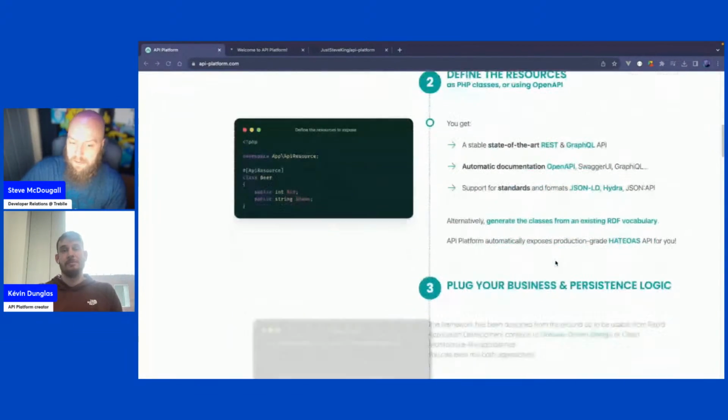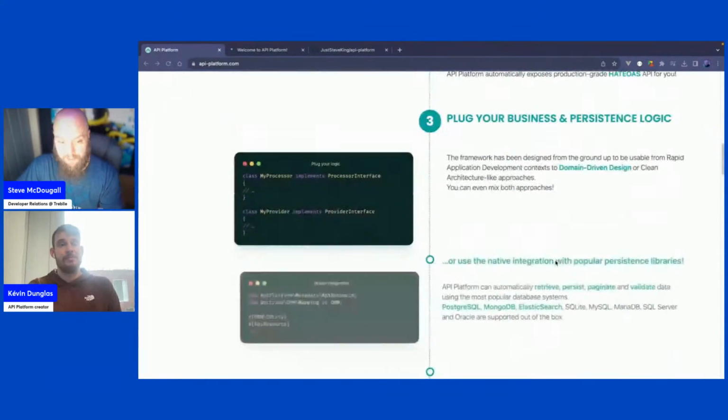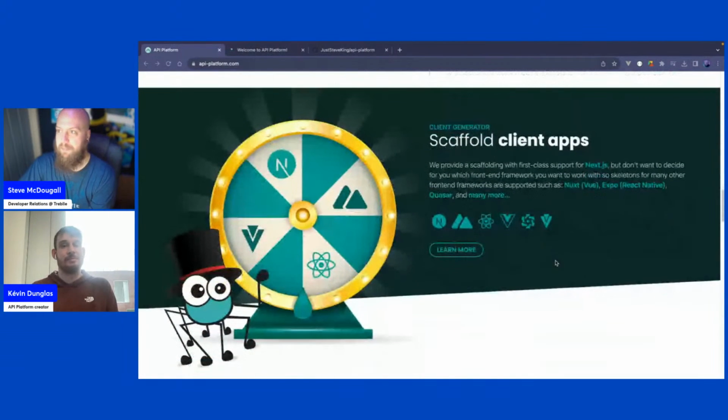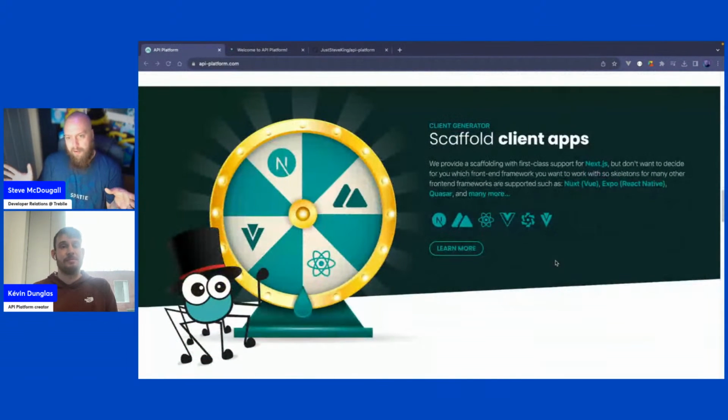It can do all the API stuff for you. And then you can start scaffolding the client apps as well. So it's from idea to an MVP: here's my API, here's a SPA client app that can deploy in Vercel or wherever.